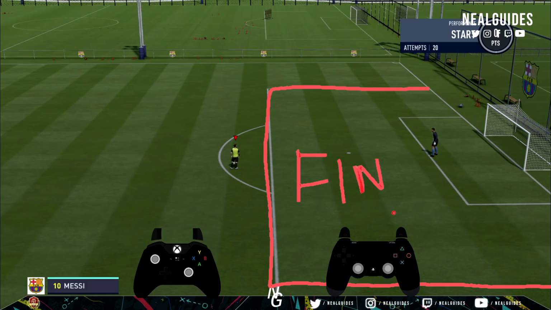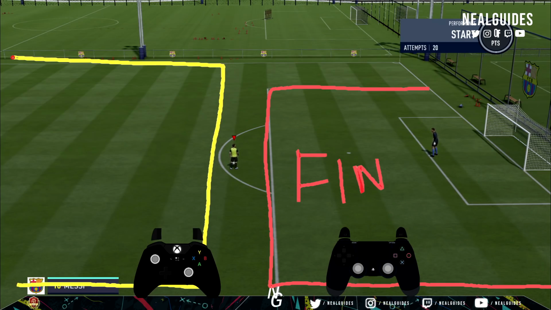If you have 99 finishing and 1 long shots, you have the same chance of scoring as someone else who had 99 long shots and 99 finishing. The stat is important. So when you're picking a player, someone who's a striker, make sure they've got solely good finishing, in my opinion. What they also tell us is from 65 feet and